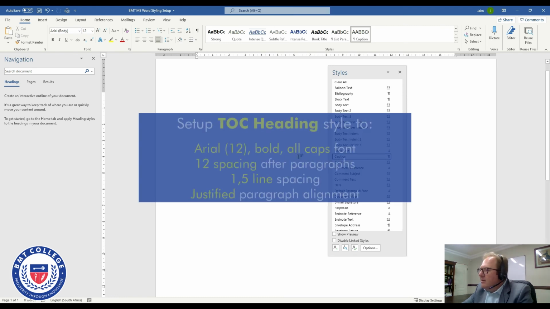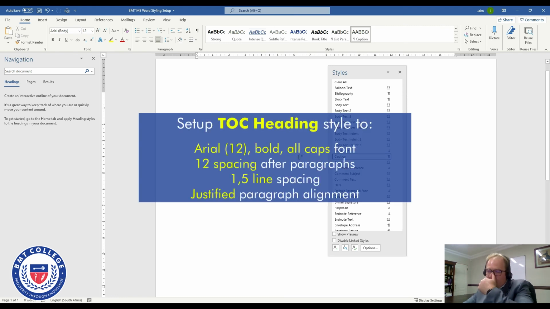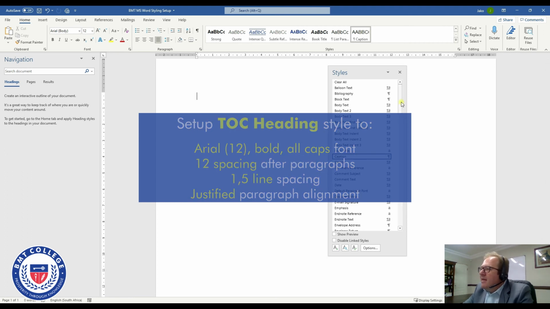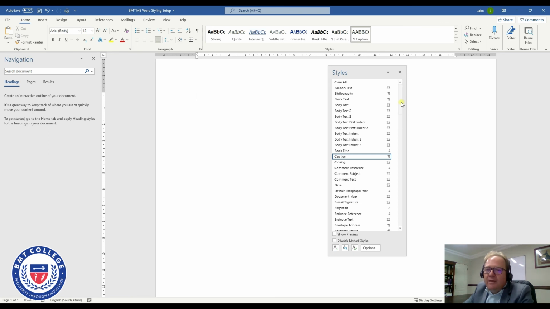The final font or final style that we want to set up in our document is a heading that we may want to use that doesn't have a multi-level list, because sometimes you may just want to add a heading that needs to be included in your table of contents, but I don't specifically want that heading to have a number in front of it. So what we're going to do is in this style